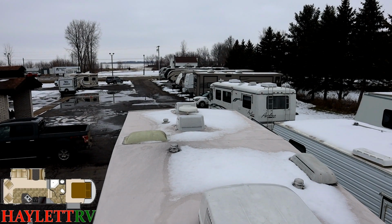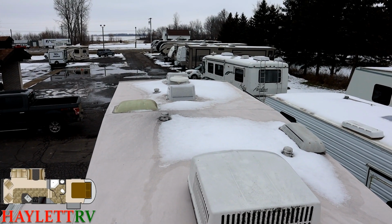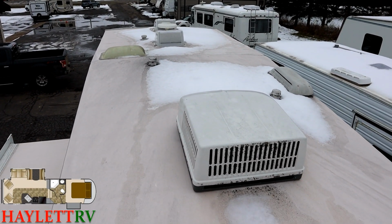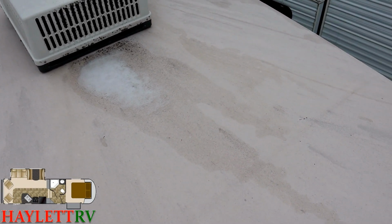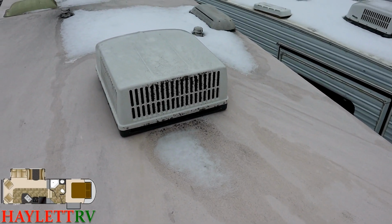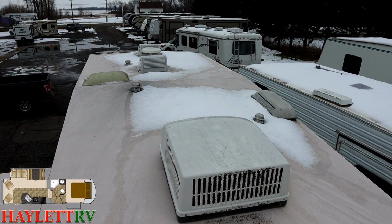All right, thankfully it wasn't too bad getting up here, and the roof isn't super duper icy. I'm definitely not going to be doing a lot of walking around. I don't feel like slipping, falling, breaking my neck. But overall, roof membrane looks all right. It looks like it's gone through some regular cleanings. Now, obviously, it's the middle of winter right now, and there's natural storage buildup on this. So come springtime, you probably want to get it out and clean it off,